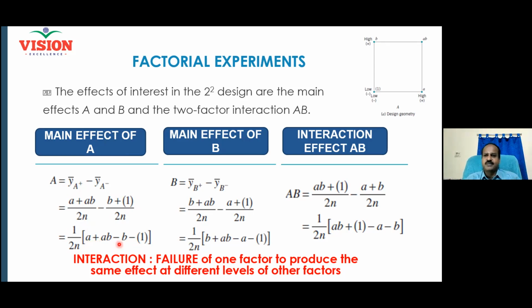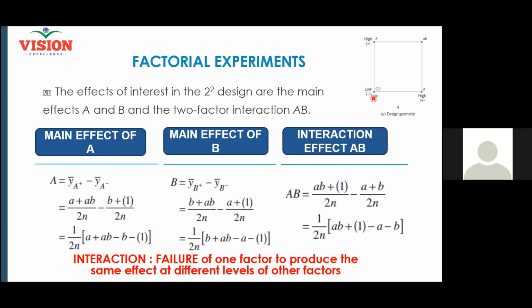You don't have to remember the formula, but you should know this is how you should calculate. Clear? How did I calculate the main effect of A? Similarly, can somebody tell me how do I calculate the main effect of B? Which readings will I use?